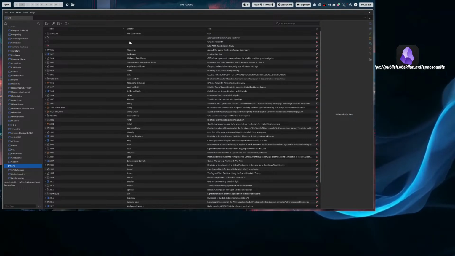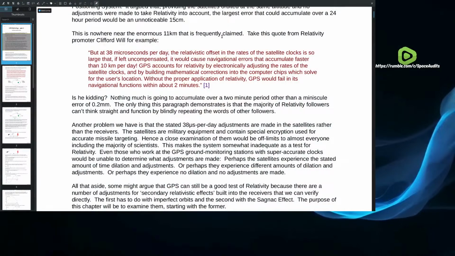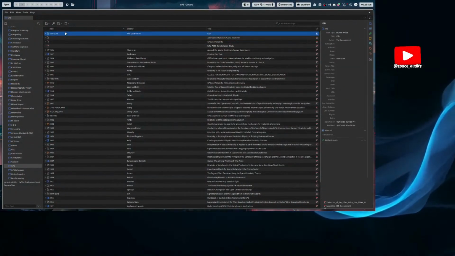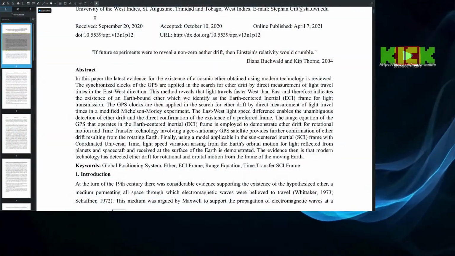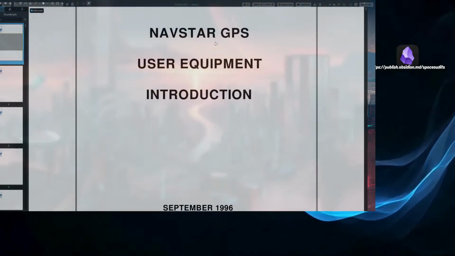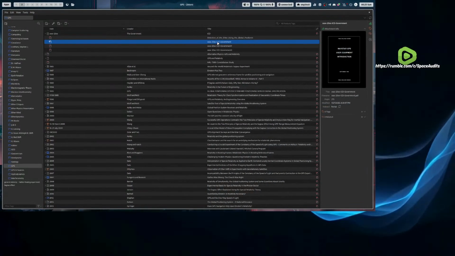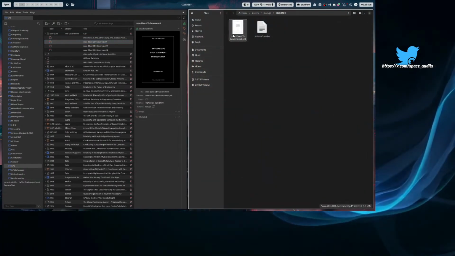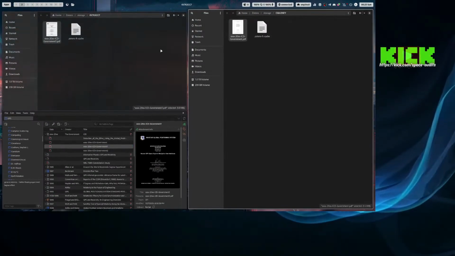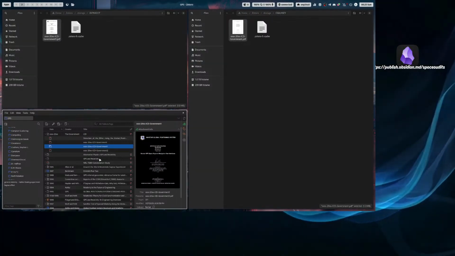GPS ICD. I have a really good one I want you to take a look at. This one's one of my favorites. Oh, that's not it. Where's my ICDs? Here we go. So I'll get you a couple of these to hold you over. See, these are different years. I'm not sure on the years. I just have them marked as 20XX.